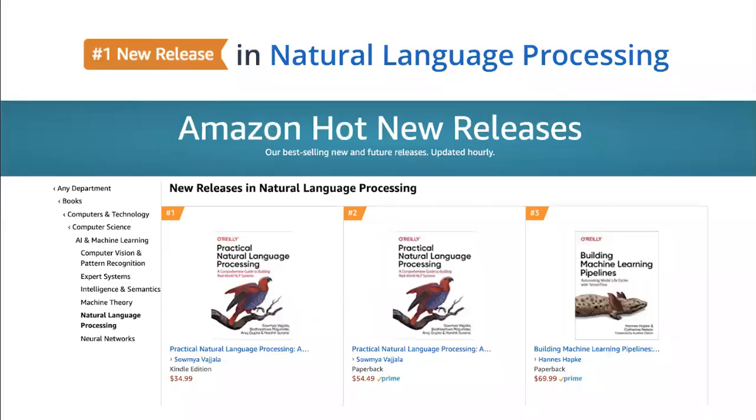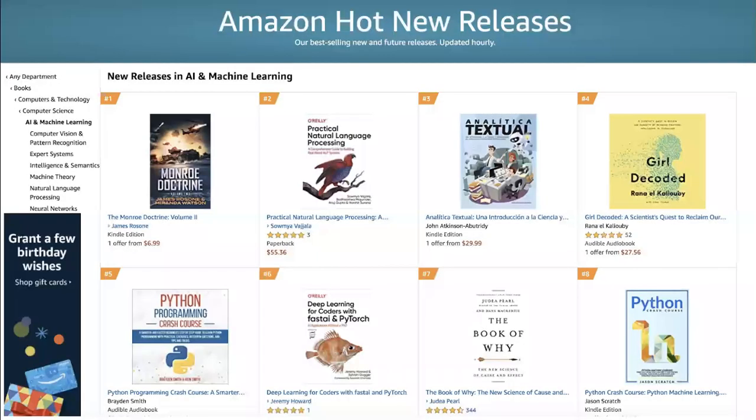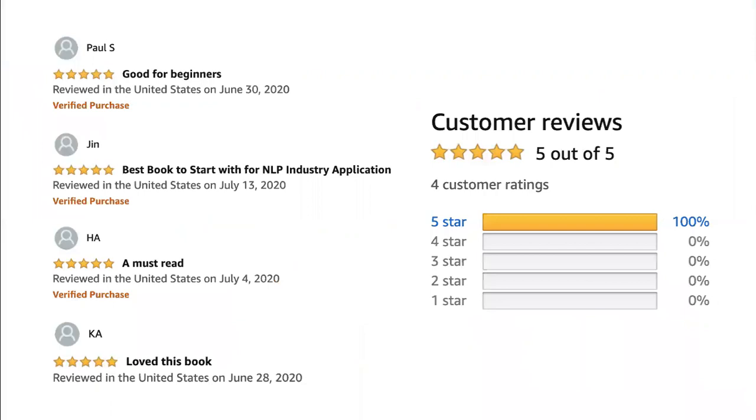So the response to the book so far has been very good. We were the #1 release in natural language processing on Amazon.com. And we were also the top best release in the entire AI and ML category. And we got some good reviews on Amazon.com from the early readers who bought and read the book. So we are very much looking forward to our future with the book, and we hope you are now interested in the book and you want to know more. And you hopefully will buy the book, read it, and share it with others.